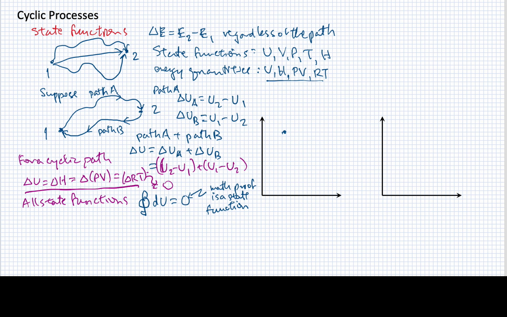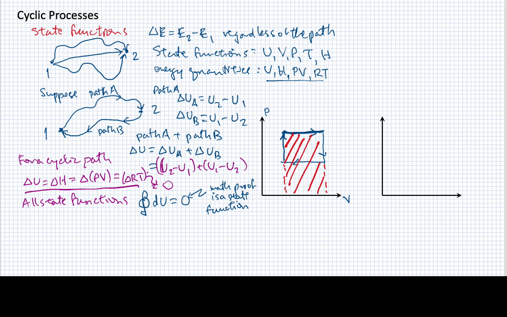Well, let's suppose that I have a cyclic process in a PV diagram, and I'm going to draw it as a very simple cyclic process. So this is just a cycle that goes around in a rectangle. So it's going to go this way, and this way on these 4 points. Now, if I'm going along this path, what is the work associated with that path? Well, remember, it's going from left to right, so it's going to be a negative quantity, but the magnitude of that quantity is going to be the area